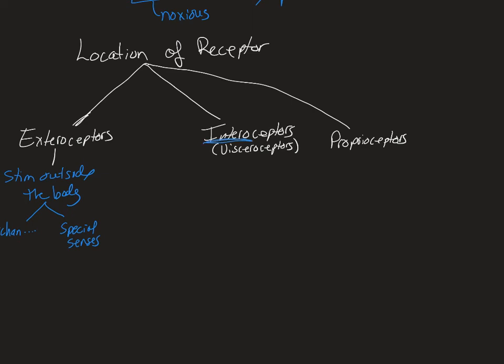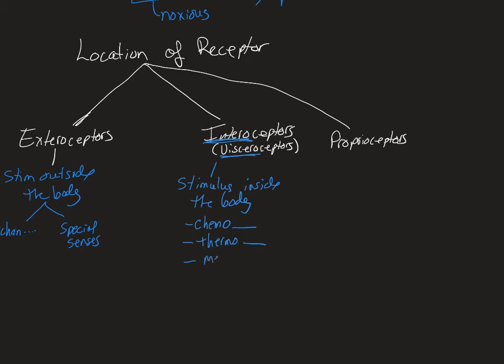Interoceptors, so focusing on this intero or visceral, these are going to be detecting stimulus inside the body. These will often be things like chemoreceptors, or thermoreceptors,